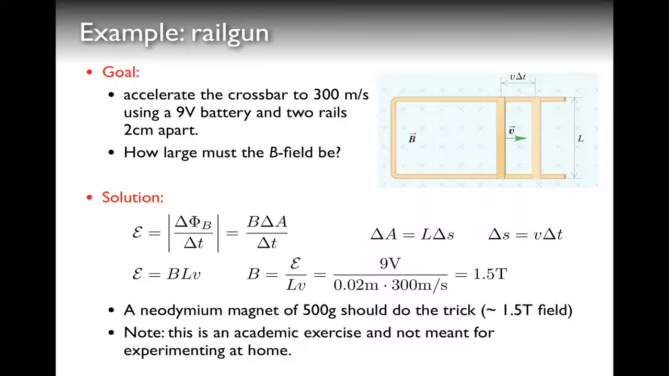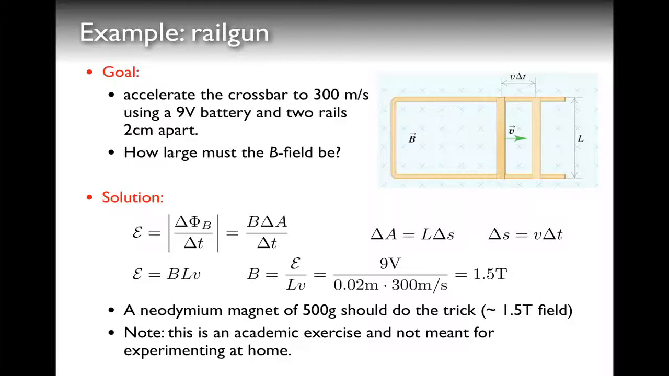Why? The reason is that the magnetic field B is constant. However, whenever this bar is moving, what you're changing is actually the area that is enclosed by this circuit. In this, delta A is just going to be the length of the crossbar times the amount of path that it has traversed, so this delta S. And delta S is related to the velocity times delta t due to the simple relation that velocity equals distance